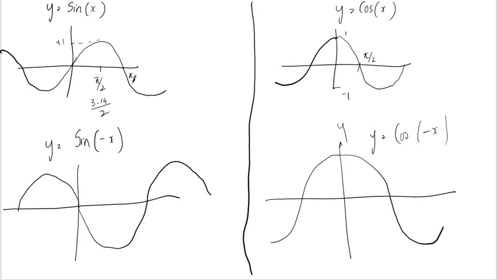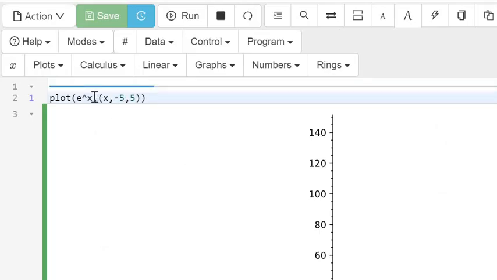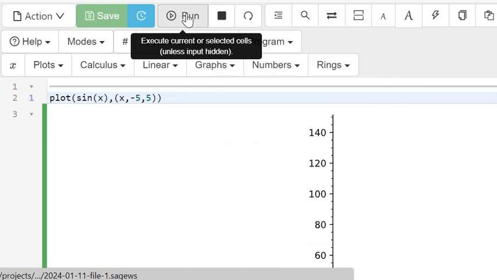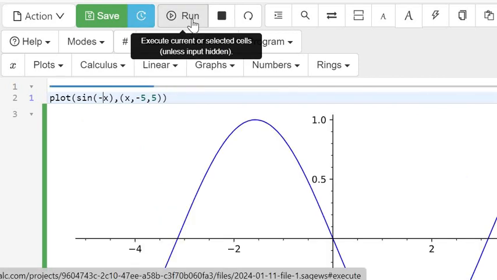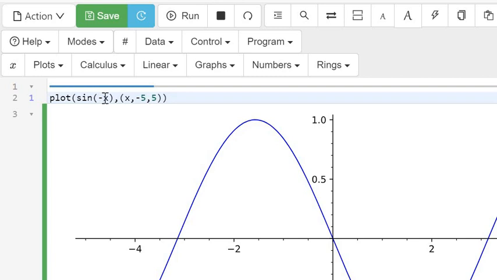So we'll verify this using SagePlot. In SageMath we say plot. We were plotting e to the power x. We say sine x. Okay, and we count the parentheses to check that the number of left parentheses is the same as the number of right parentheses. So if we run that, we get sine x, and we can change the sign to minus sine x and run again, and you get the reflection. And we can change this to cos x,